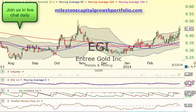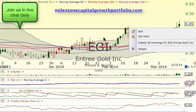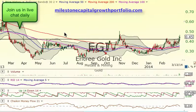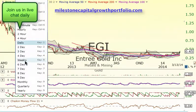EGI is getting ready to break out also. This one we were talking about on some member videos back in this area, but I want you to know that now that we broke this area here, we could definitely start moving to the upside a little bit more. We just have to break this double top right here at 47 cents, which really doesn't seem like much, but the potential for this one, going back in a little more of a time frame,